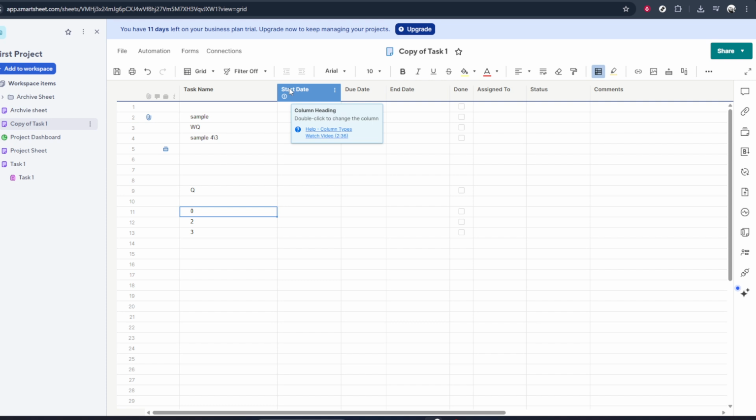If you ever need to apply a filter again, you can return to that same filter area at the top, choose an existing filter, or create a new one. But whenever you want a complete unfiltered view, remember that clicking on the filter name and then selecting Filter Off is the quickest way to restore your full sheet. That's all there is to it. You've just learned how to remove a filter in Smartsheet so you can confidently